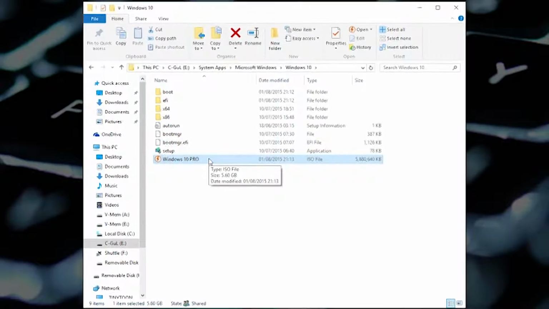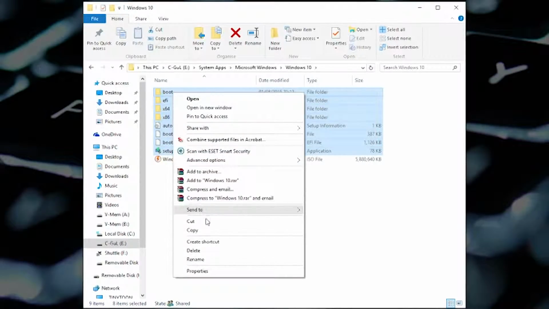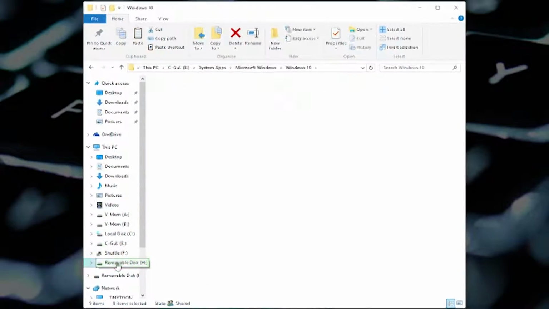And I just used WinRAR, or you can just run it with either Daemon Tools or open the image and copy the files out of the image. So we're going to select these files only. We're going to copy them. Right click, copy, and then we're going to go to the removable disk that we just formatted,